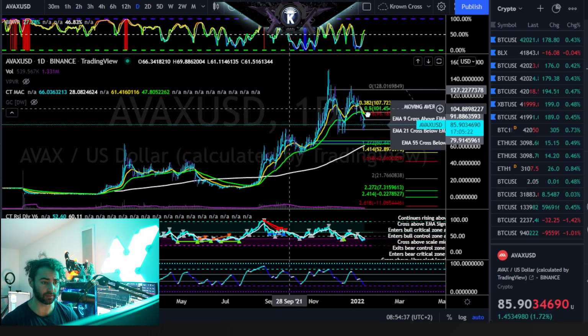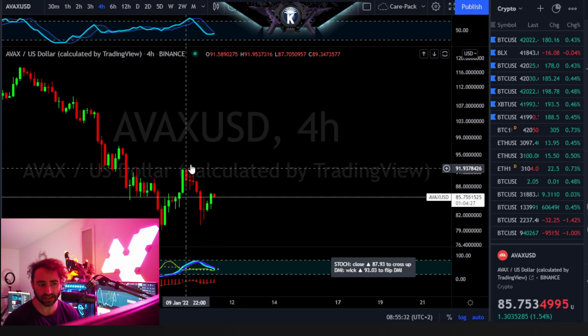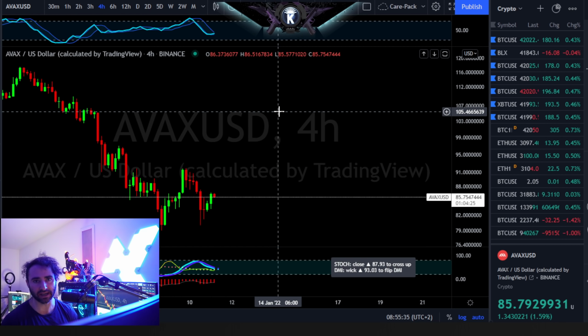The 5-day is nosediving below 123, so that is not good. Daily is going to freshly turn up above 85, which you are literally trading about 82 cents above right now. And then 4-hour is going to turn back up above about 88 bucks or so. So again, short term, a little bit of sideways here. I'd really want to see this one close a 4-hour candle back above your short term range highs, which is 91.90. That's going to make it start to look good for a nice short term, medium term low. Then $100 is the next big area.